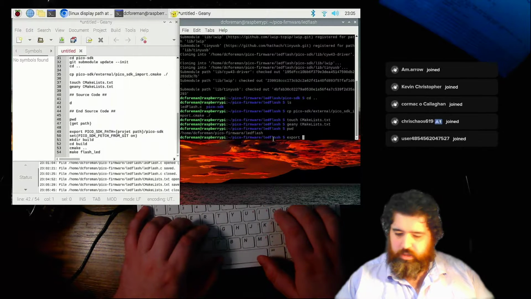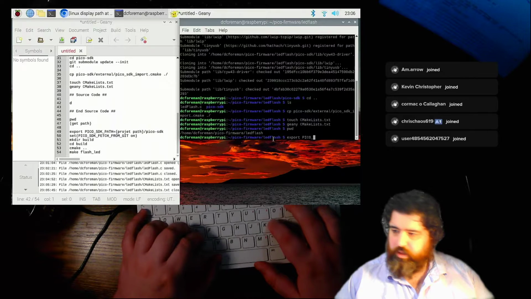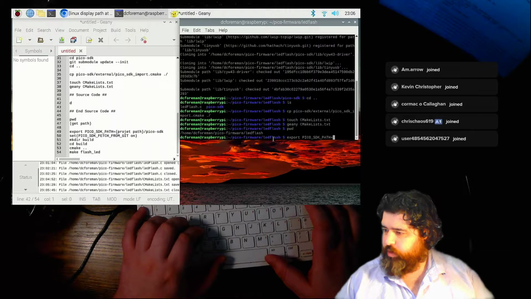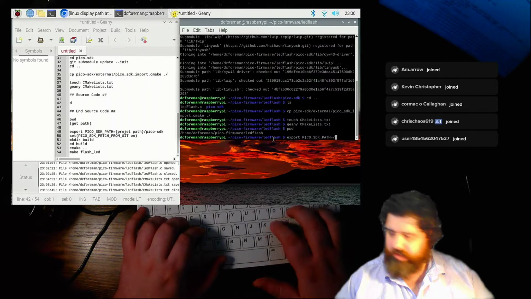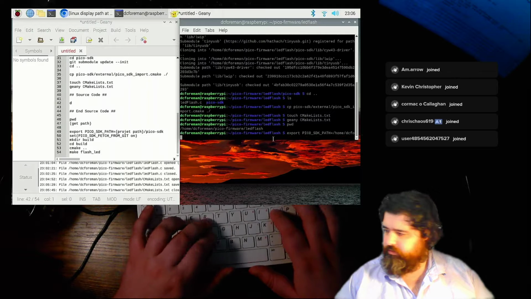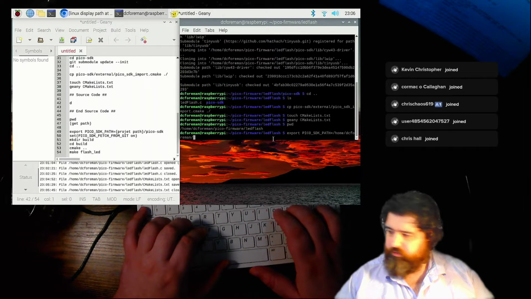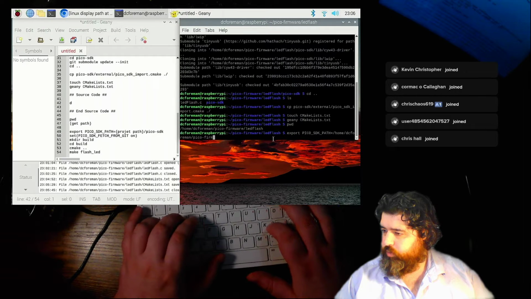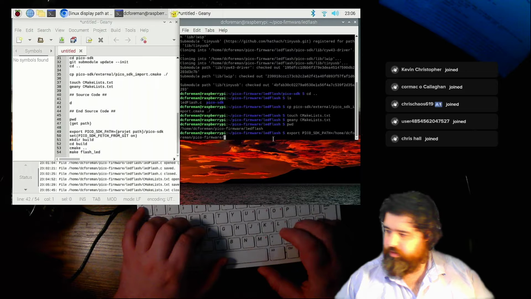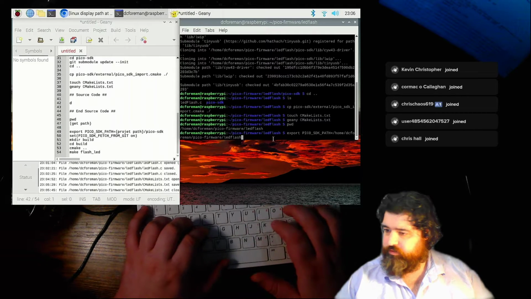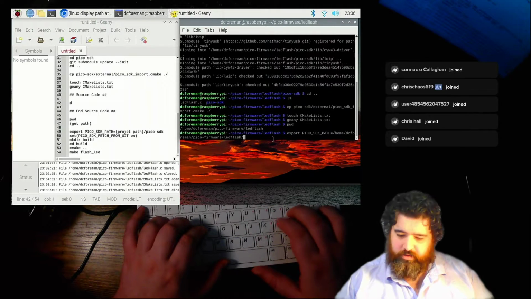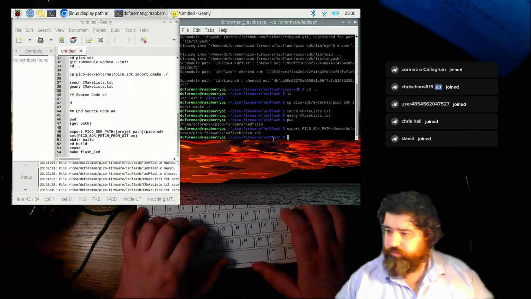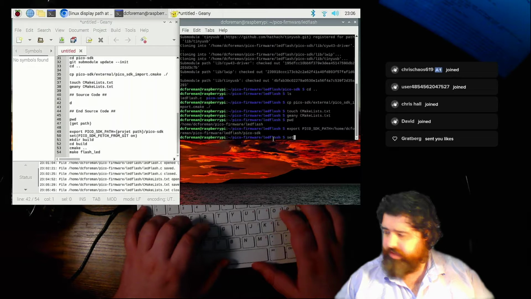And then I'll need to type it out. So export PICO_SDK_PATH equals, and this is where we need to get our path from. So slash home slash dc-foreman slash pico firmware and slash LED flash, and then we need to add in a slash pico-sdk. So type that in there, then set